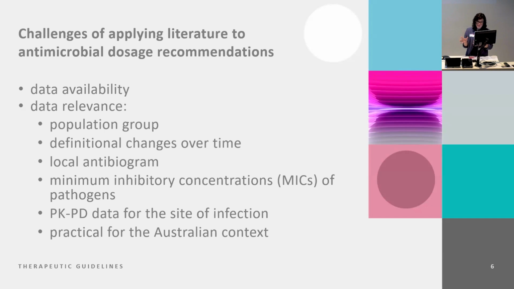Then, while we're thinking about the local antibiogram, we need to think about the minimum inhibitory concentration and how the MICs applied at the time that data was created compared to the MICs and the breakpoints that are available now. So this is really important because we're looking at antimicrobial resistance data to inform our antimicrobial choice, and furthermore, the breakpoints are informed